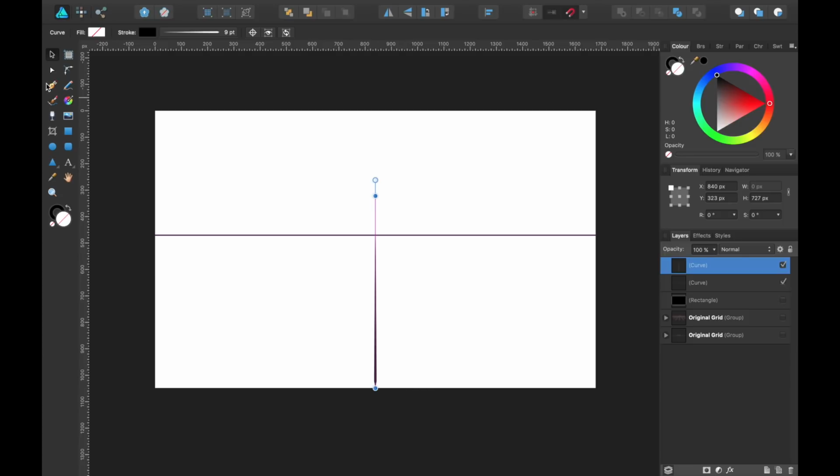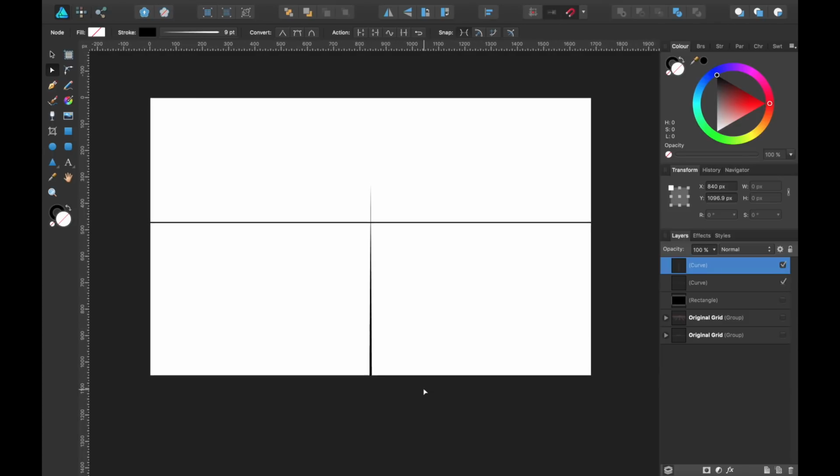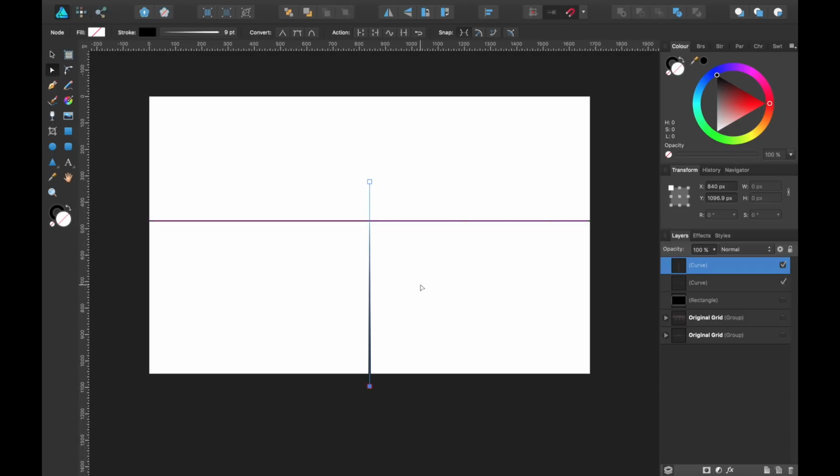Okay, let's go to the node tool and drag it down a bit. There we go. So what we want to do now is copy and paste this line going up, as the distance is where the horizon is. So we're going to choose the arrow key and press Command C and Command V. That will copy the same shape again, which you can see in your layers panel. We're going to grab the node tool over here and just drag it by eye. Let's say here, that'll do.